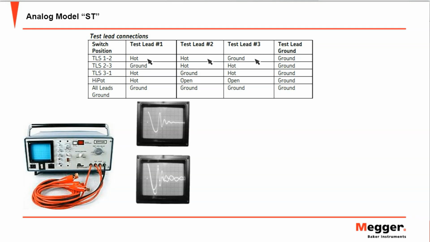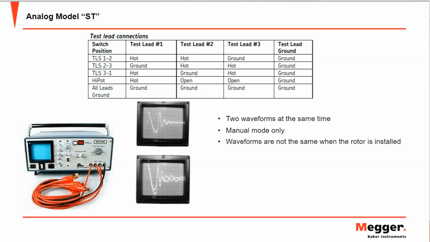So when we move the knob to the position 2, 3, we are sending current through the lead number 2 and 3, while number 1 is grounded. If we move the knob to the position 3-1, hot number 1, same when the rotor is installed on the motor,